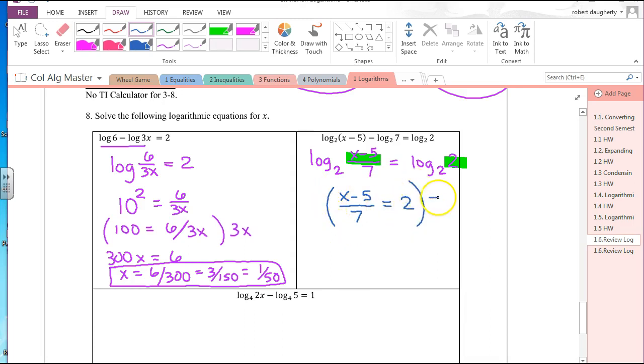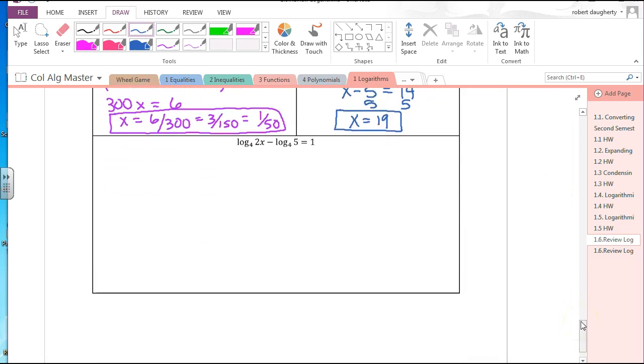Multiply both sides by 7. X minus 5 has to equal 14. Add 5 to both sides. X equals 19. So when you have logs on both sides, you want to get log of an expression equal log of an expression. Set the two expressions equal to each other. When you only have log on one side, you want to get log of an expression equal a number,